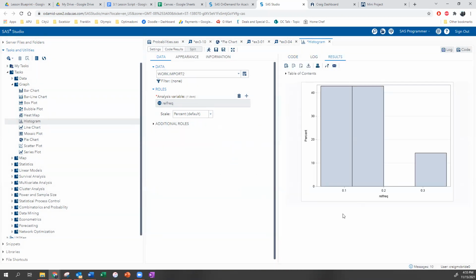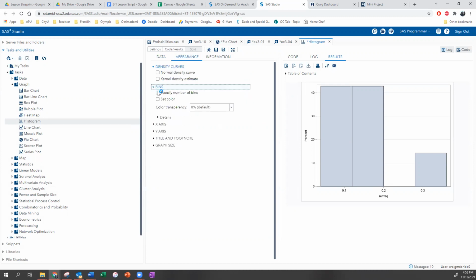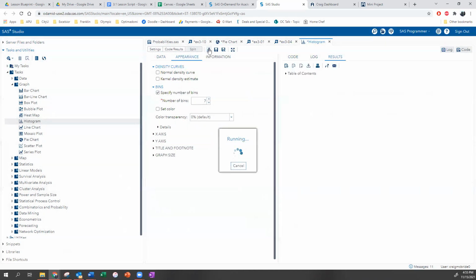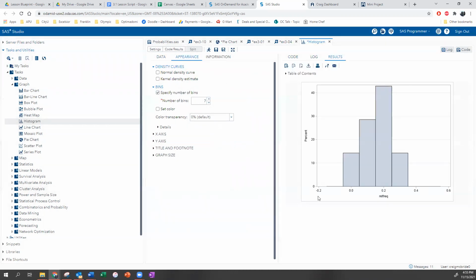There's my relative frequency histogram. Looks like crap, right? Go to appearance, bins, says the 7, try that. There it is, right? So you don't have to worry so much about computing things because it'll do it for you.